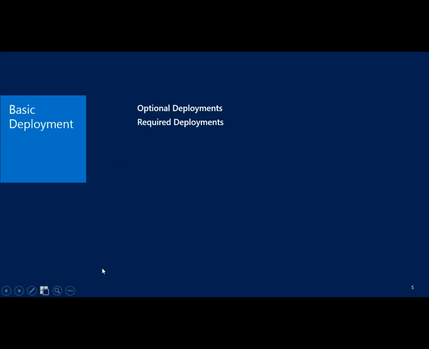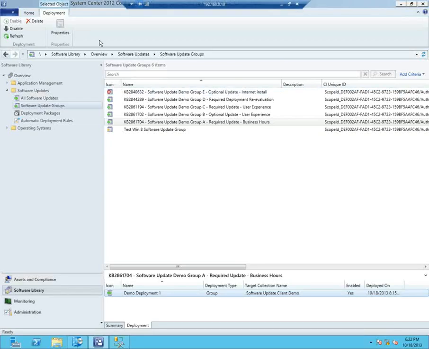So turning our attention to actual deployment. There's a couple of different categories of deployments I want to show you. The first is some optional deployments, really one optional deployment, and then talk about required deployments, and then talk about what they look like. So to show that, let's bring the lab back in again and look through our next